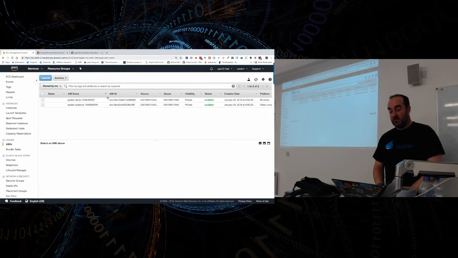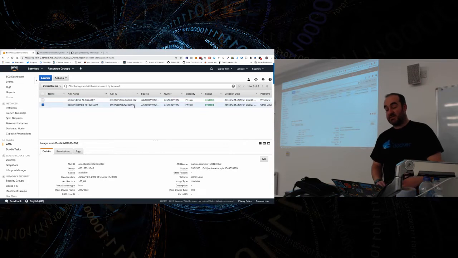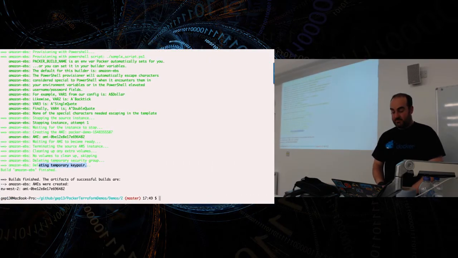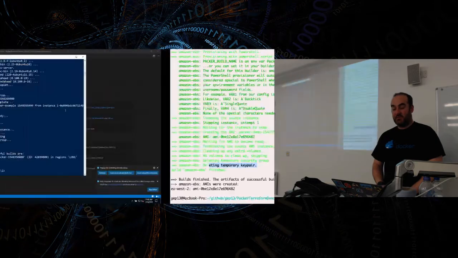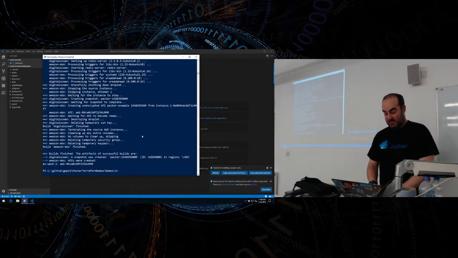So I'm going to look at the date to make sure I get the right one. So this was the first one. This is our Windows instance, and this is our Linux image, sorry, that has Redis on it. So we could provision that one, but what I'm going to provision is this one. Okay? So I'm going to do that by going over to here. Let's use Windows, because it might actually be easier to read than that currently. So let's go up to